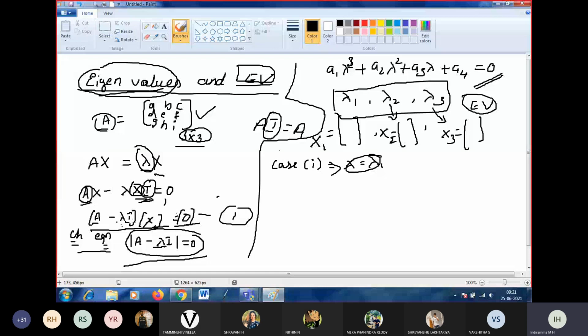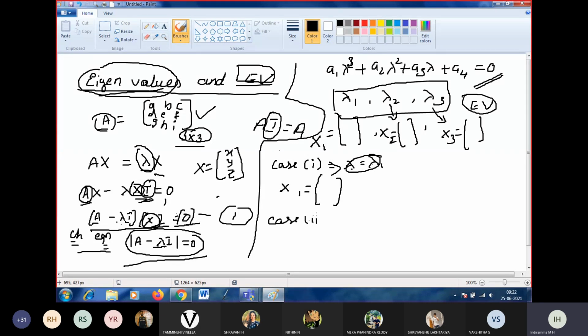As I have taken, x is a variable matrix, say x is equal to x, y, z. So by solving equation 1, you will get 3 equations with 3 unknowns x, y, z. You have to find the x, y, z values by solving the 3 equations of equation 1. Those values of x, y, z are called the eigenvector for the corresponding value lambda equal to lambda 1. Similarly, we go for case 2.